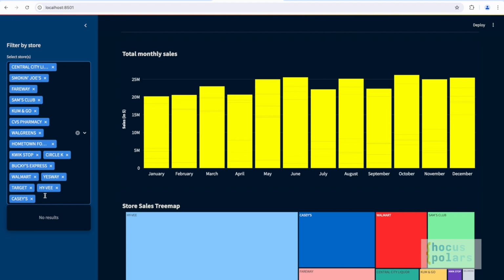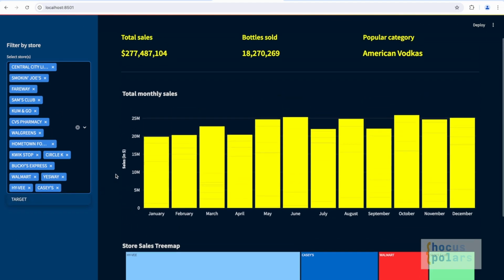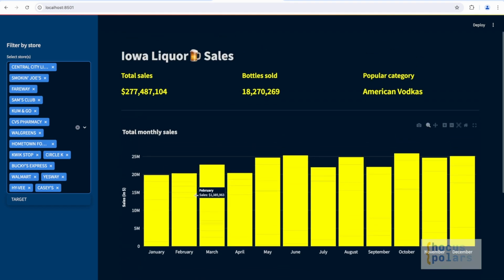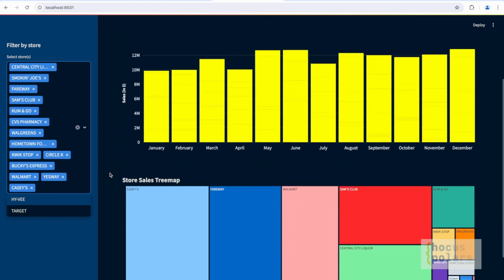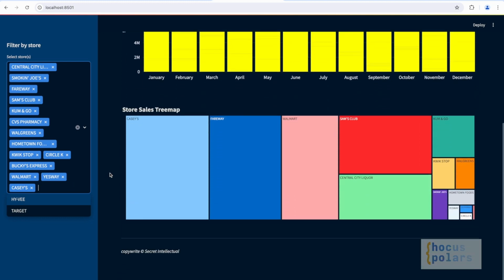So for example, if I wanted to remove Target here, I could click it and it is gone. And more importantly, the values and the figures are changing. So this dashboard is interactive. Let me target another store. For example, Hy-Vee here. I can see it right here, but I could also remove it from the filter here. So let me find Hy-Vee. Here it is. Click it and it is gone. And if I check in the tree map, it is no longer part of the stores that are displayed in